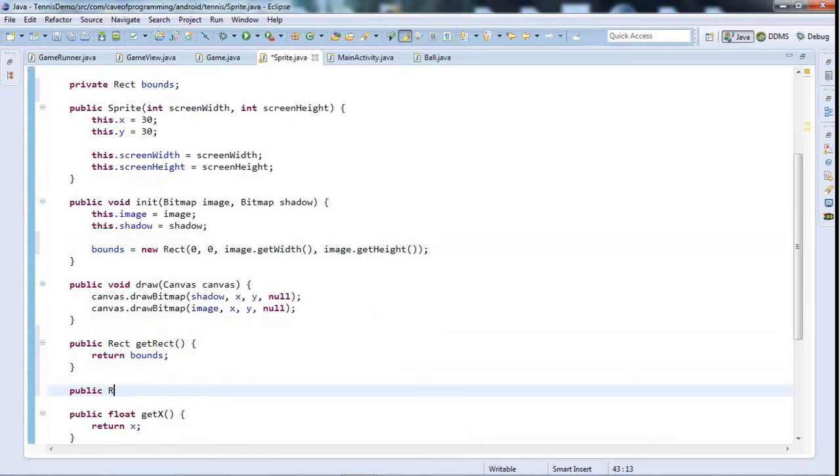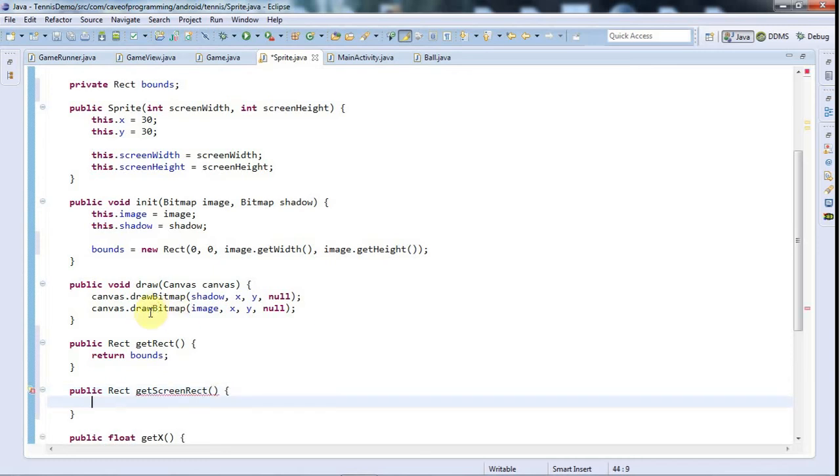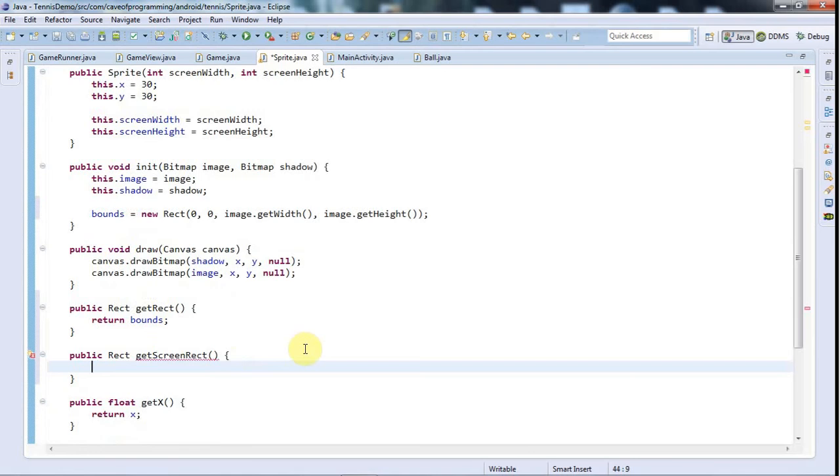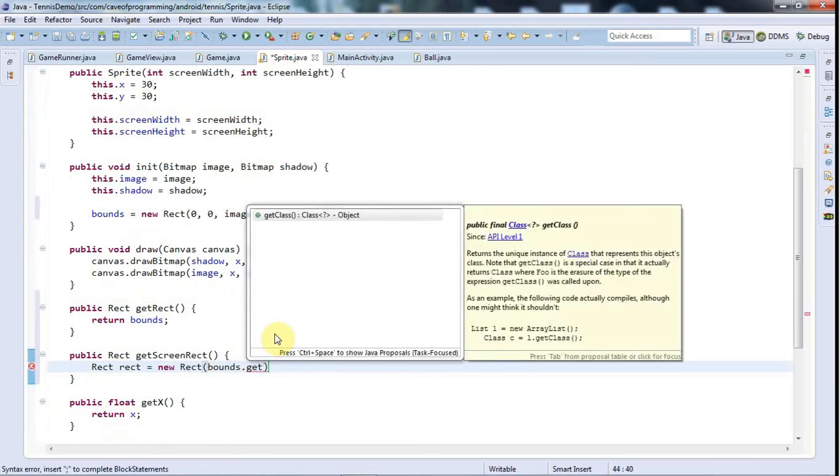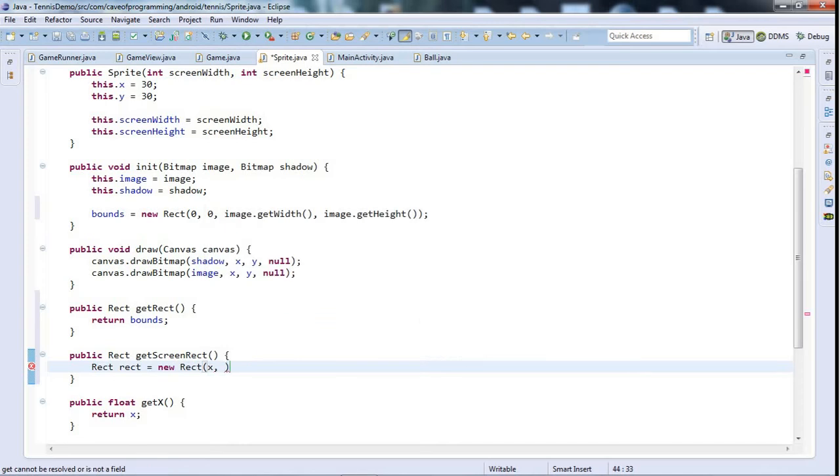But I also need to know the rectangle actually on the screen, so I'm going to give it a public Rect getScreenRect as well, and this is going to return the rectangle that the image covers actually on the screen. And to do that, I'm going to say Rect screen, actually let's call it rect, equals new Rect, and the left is going to be bounds.get, well, actually it's going to just be x, isn't it? It's going to be x, and the y,